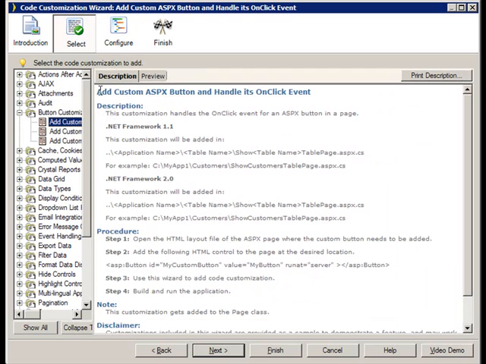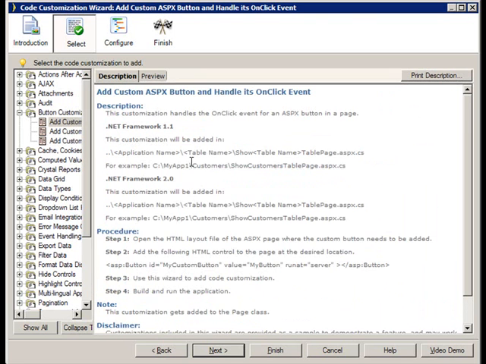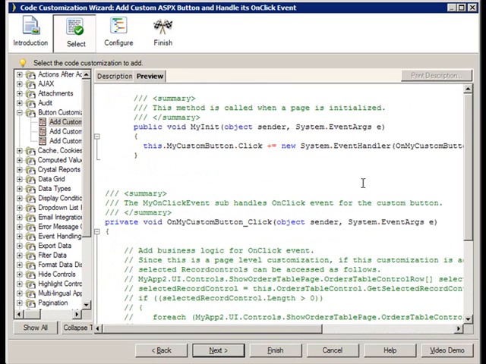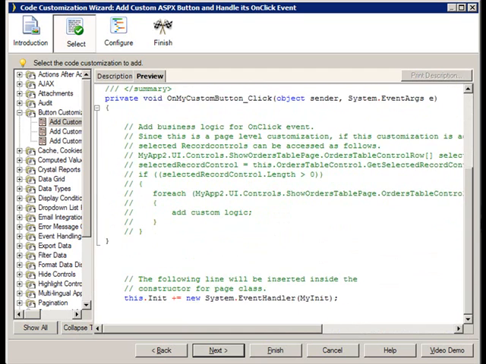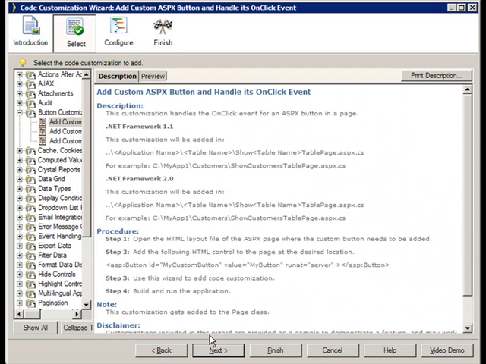I would say strongly never ever just click through this part. I would always strongly recommend that you read this from top to bottom. Here is a preview window of the code that's going to be inserted. This preview is going to change as we satisfy questions that the wizard has for us. So as we click next,